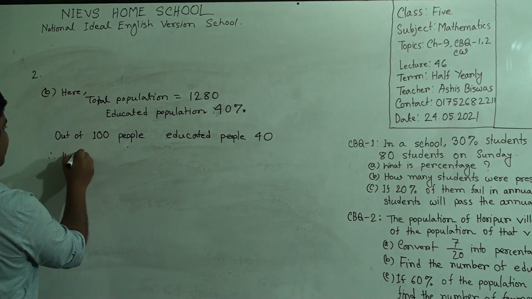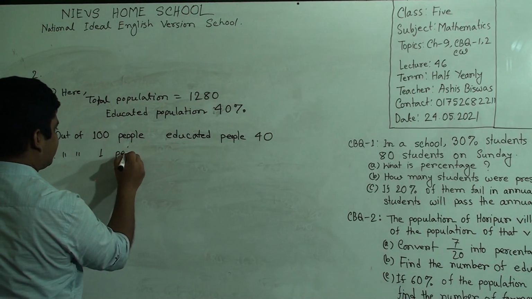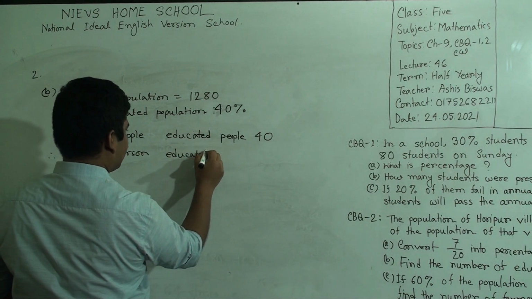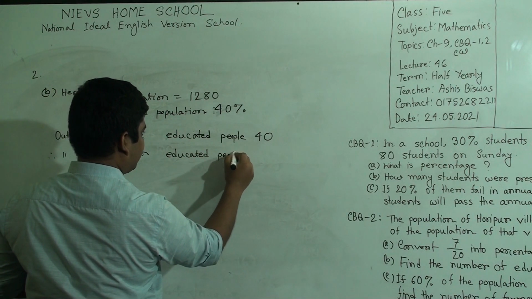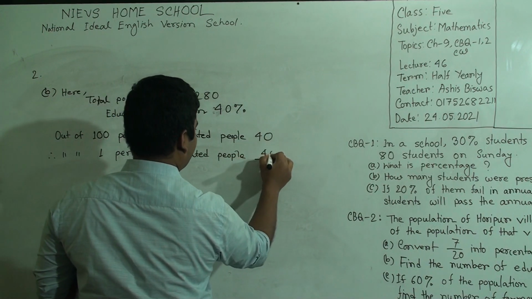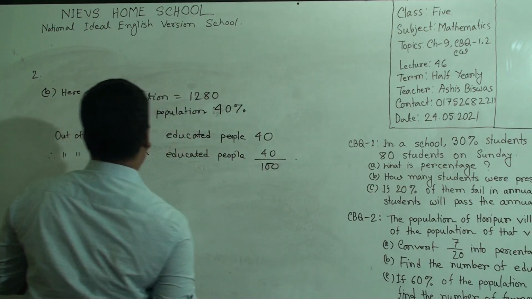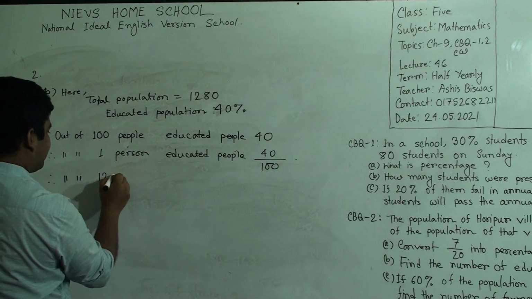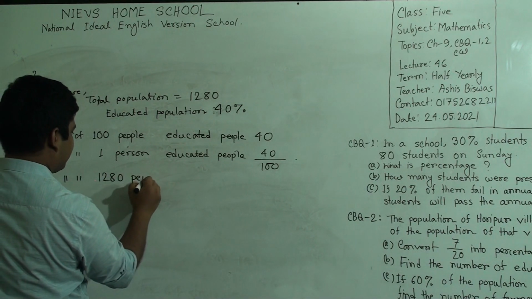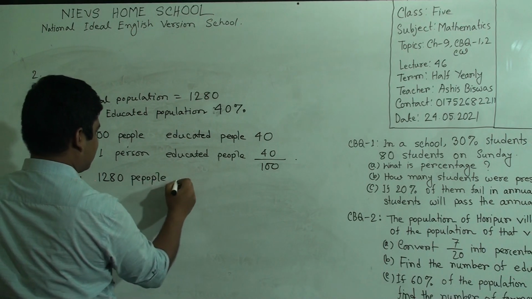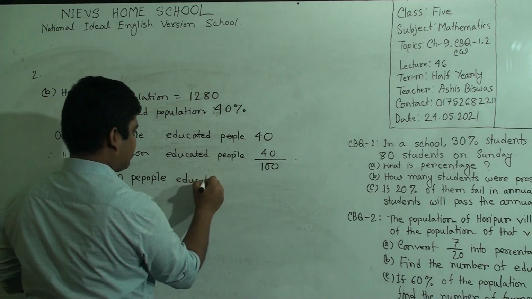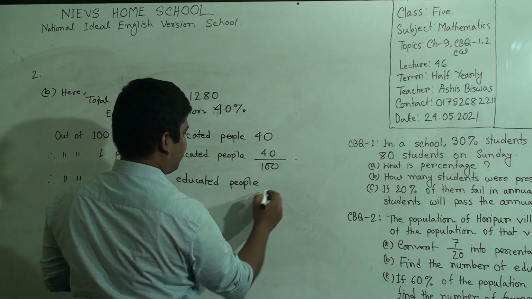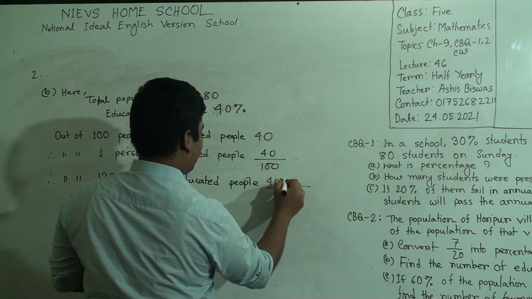So out of one person, educated people are 40 divided by 100. Therefore out of 1280 people, educated people are 40 multiplied by